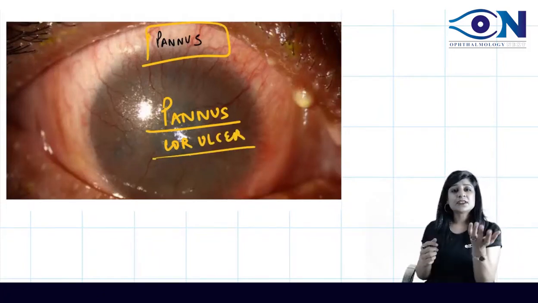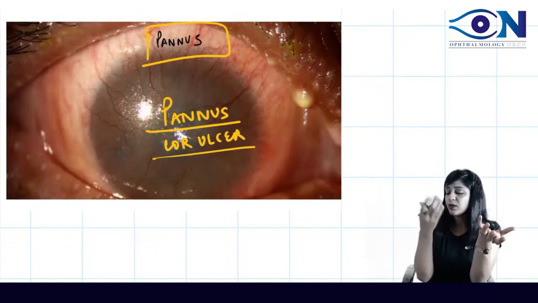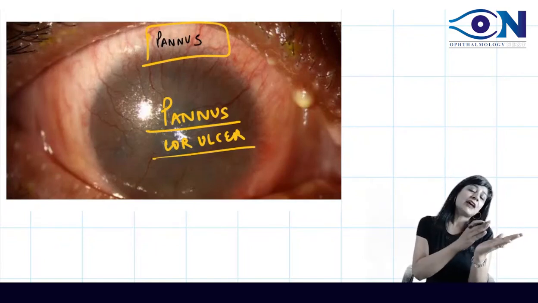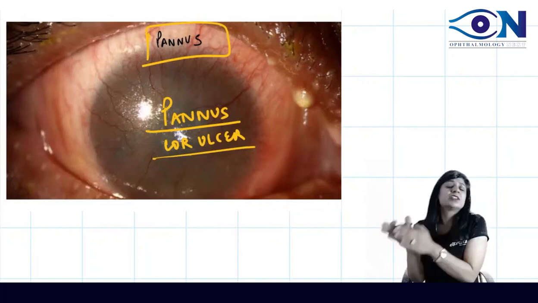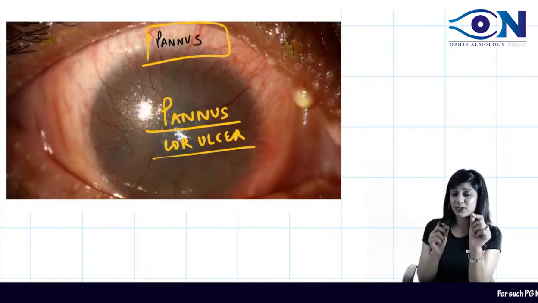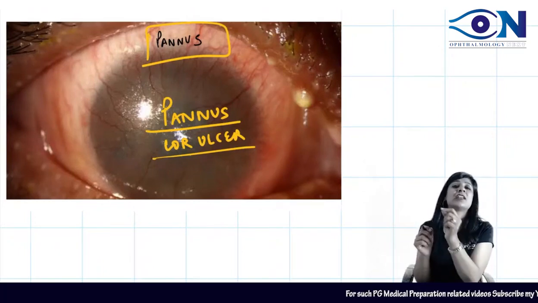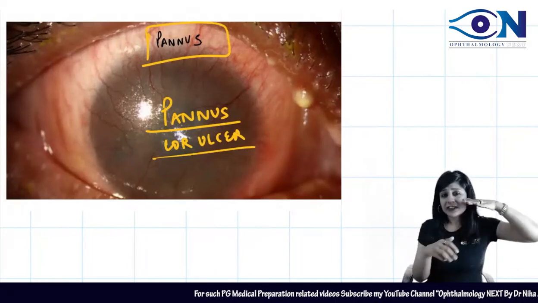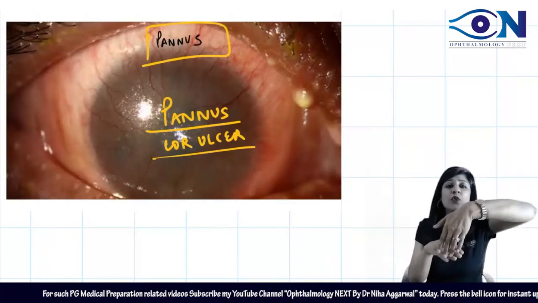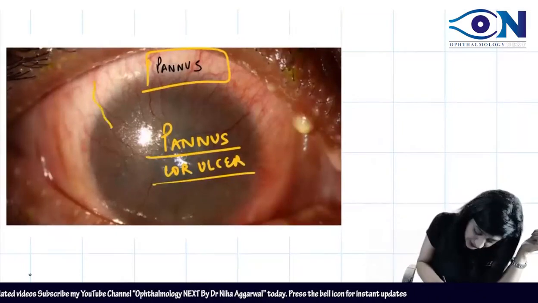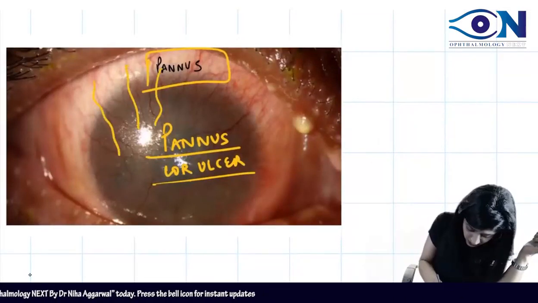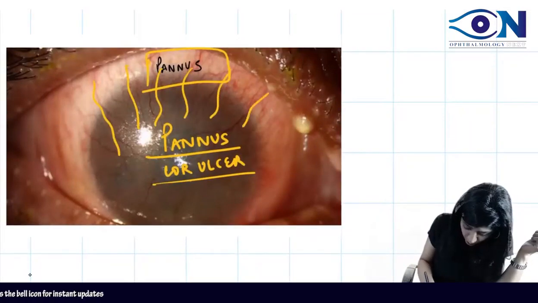See what happens? Conjunctiva is vascular, cornea is avascular. Now, when I have chronic keratoconjunctivitis, okay? So, if I have inflammation both in the cornea as well as in the conjunctiva, the vessels from the conjunctiva will grow over the cornea. Can you see here these vessels from the conjunctiva? They are actually growing over the cornea.